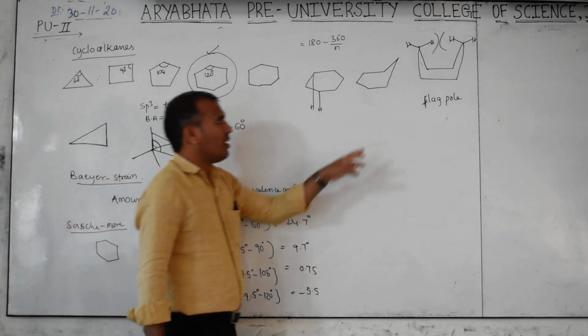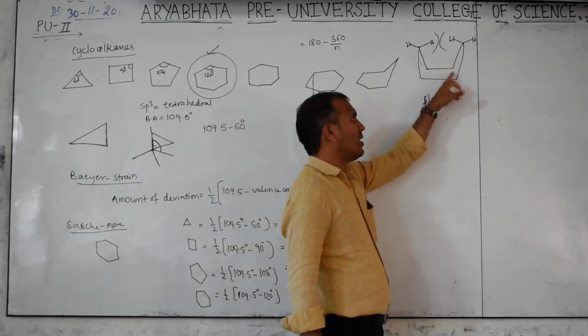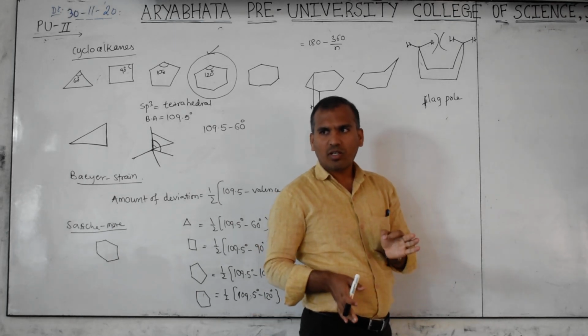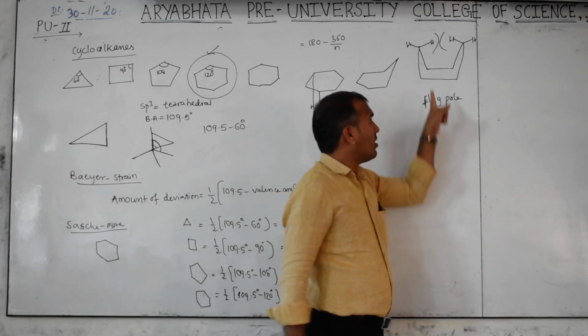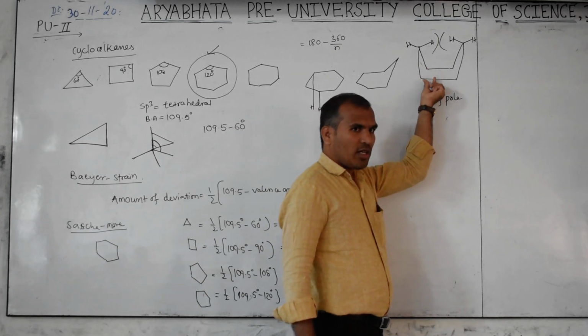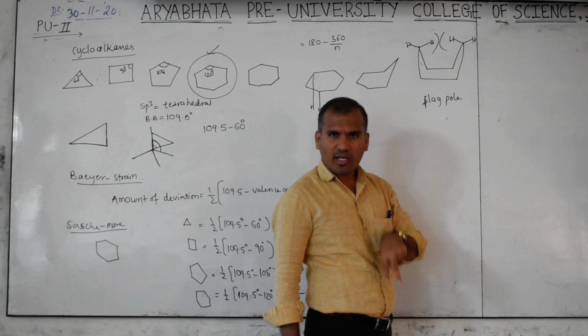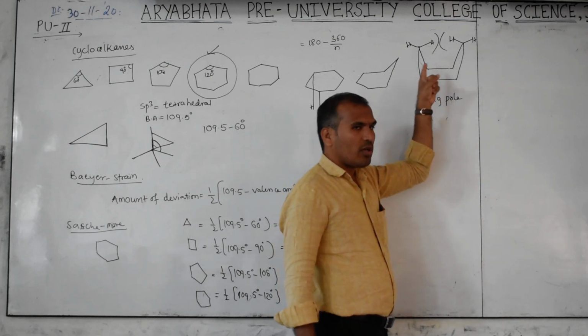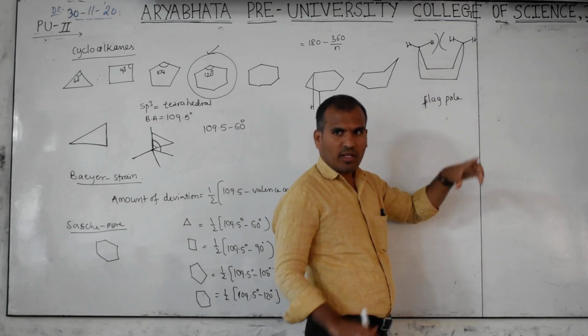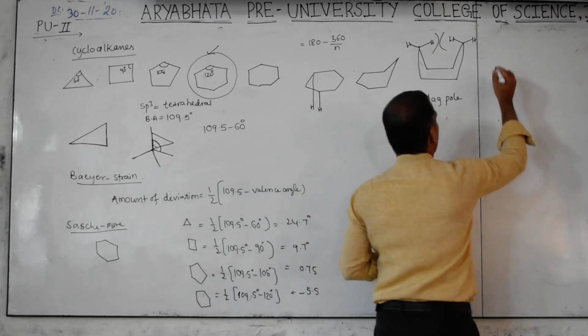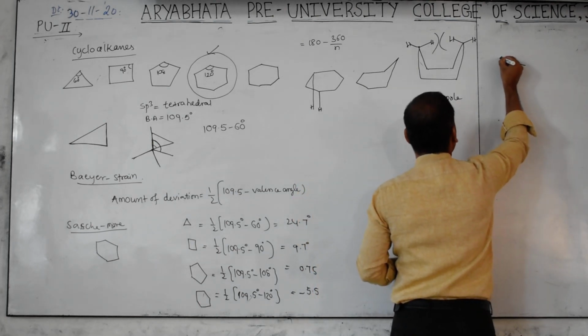And here, again you have this and this also having which one? Again the eclipsed form, again it has torsional strain. This carbon's hydrogens are eclipsed. Here eclipsed, again torsional strain is also present. Flagpole repulsion is also present. This is just a twist. If you twist, then you will get here.